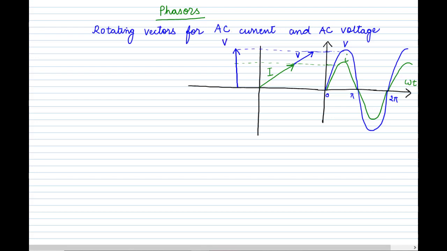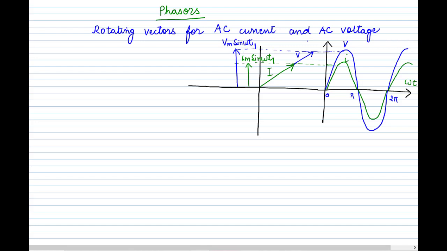So this is Vm sin omega t. This shows the voltage up to here. This is Im sin omega t, and we take any time t1, so make it t1. So this is Vm sin omega t1 and this is Im sin omega t1. As the time passes by, they are going, but they are always going in the same phase. So this is the phasor.